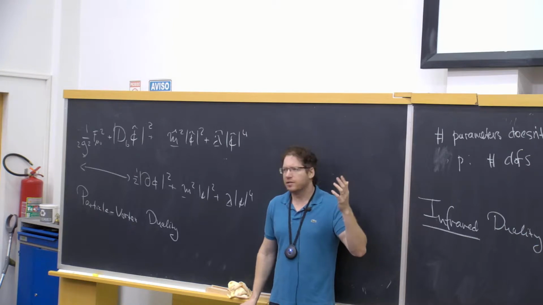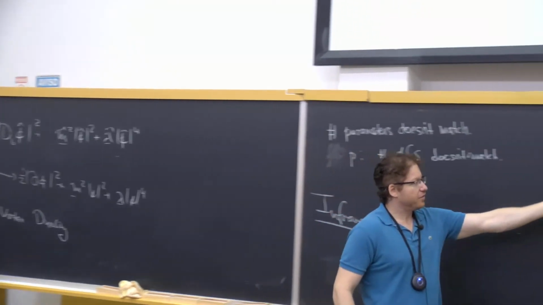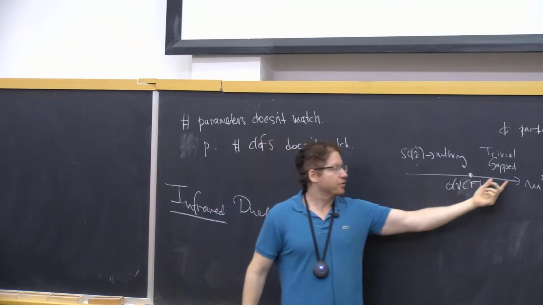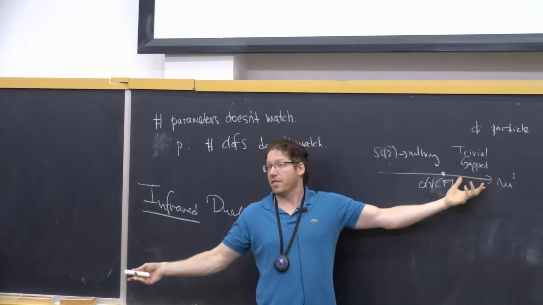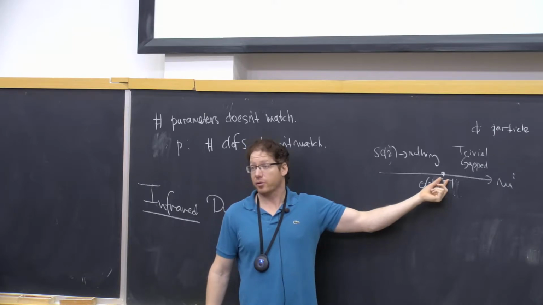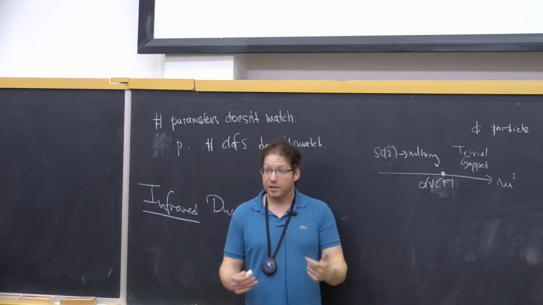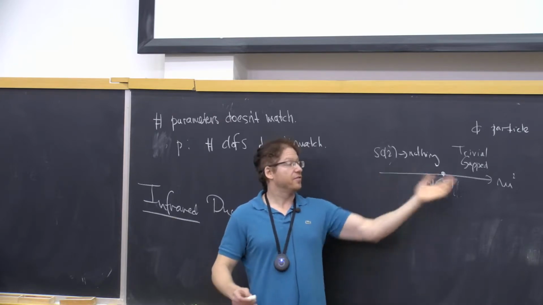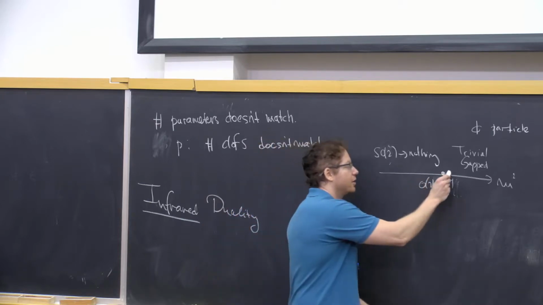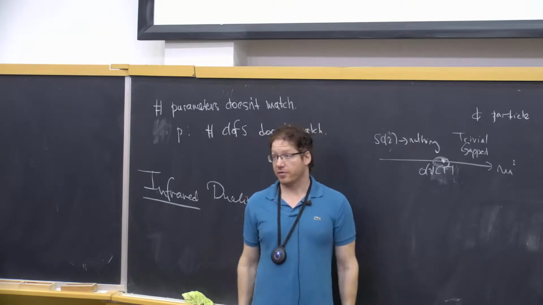Now, you could say that the long-distance physics is stupid. It's trivial. And indeed, if you look at this phase diagram, here the long-distance physics is just a compact scalar. Here the long-distance physics is empty. There is nothing. So there is only one point where the long-distance physics is interesting. That's the second-order phase transition point, where there is a conformal field theory, an interacting conformal field theory. And indeed, the duality does not say that these phases are exactly the same for all values and you get the exact same particles. The duality only says that in a small neighborhood of this point and at very low energies, the two theories agree.